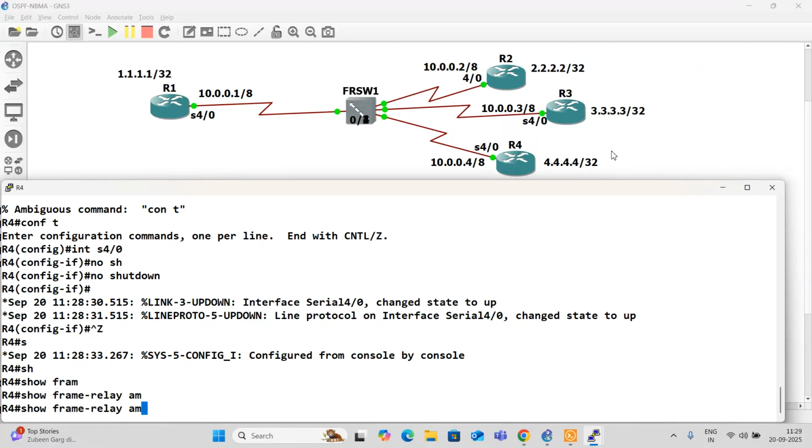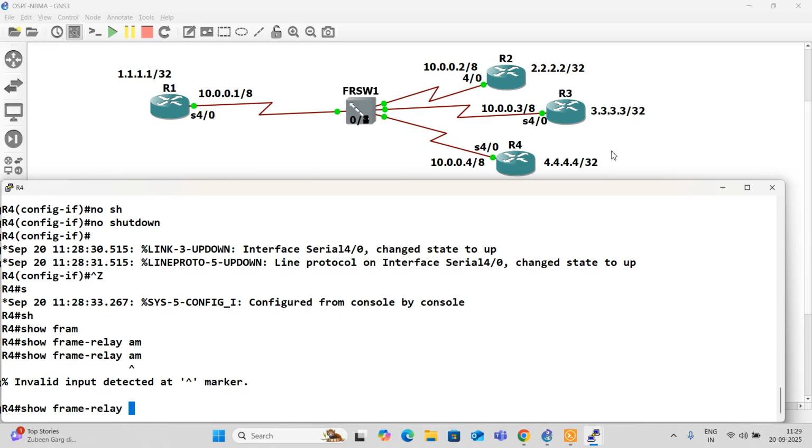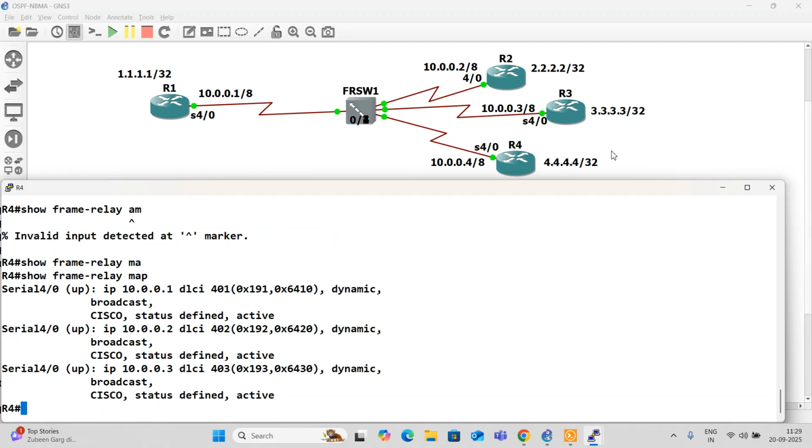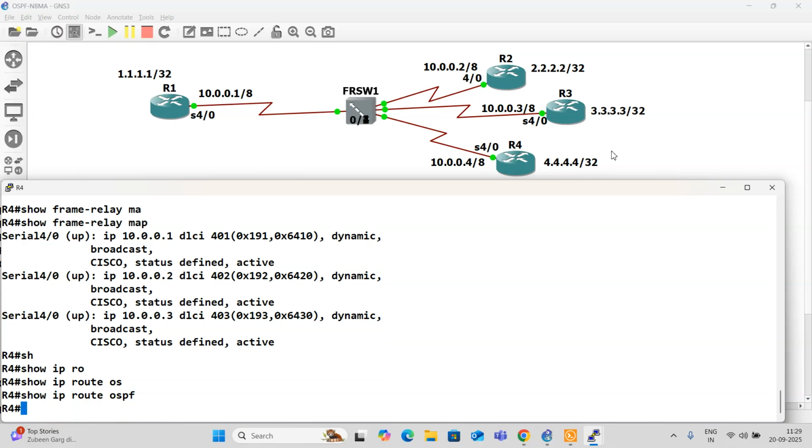Show frame relay map. Now it is correct. 401, 402, 403. Dynamic. Perfect.